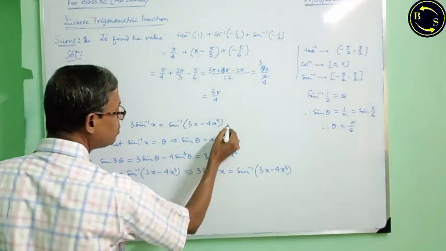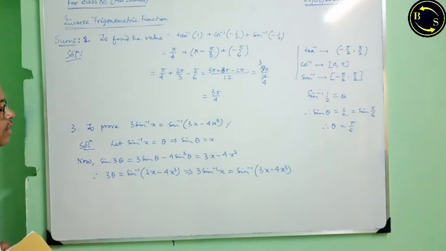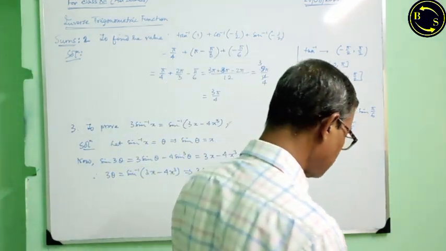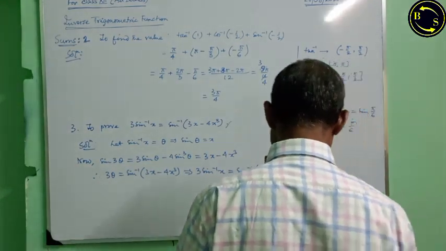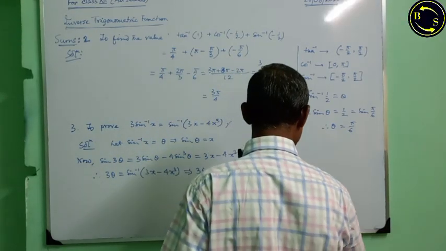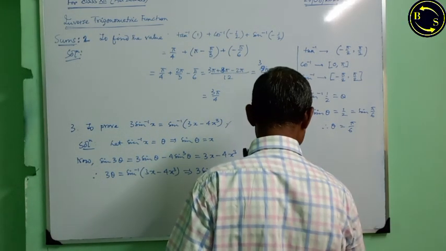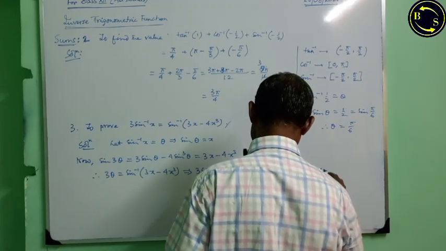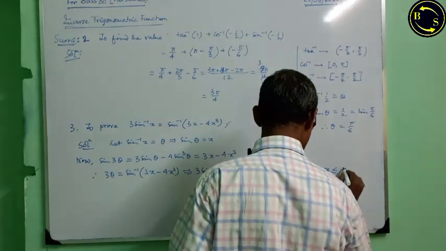Already this one has been proved. One thing here, interval for x is minus half less than or equal to x less than or equal to